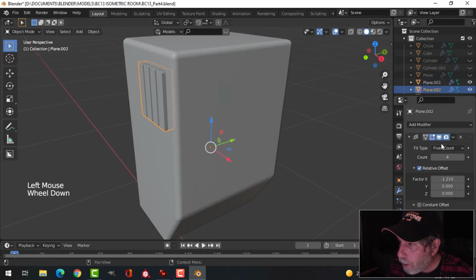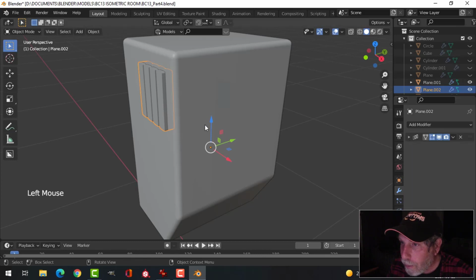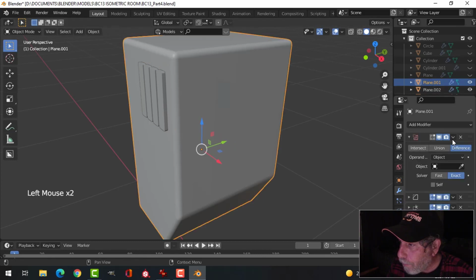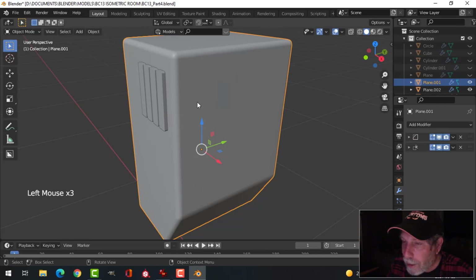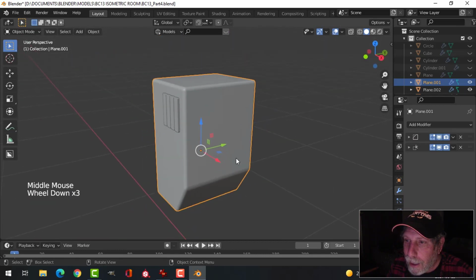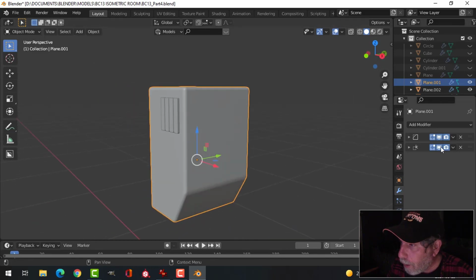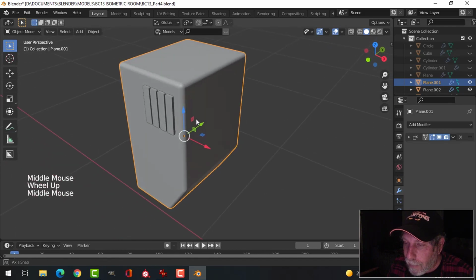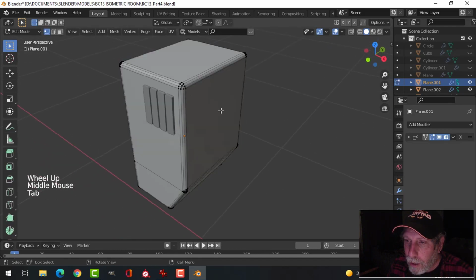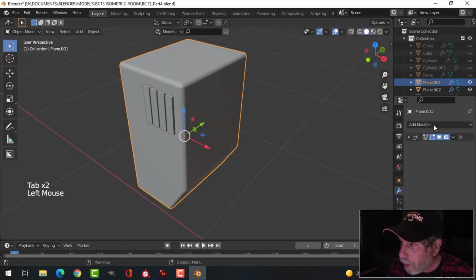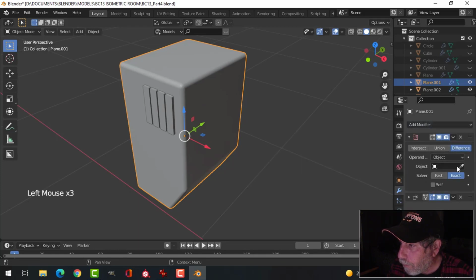And what I think I'm going to do in a case like this, on the body, and I'll get rid of that for now, is I think I'm going to go ahead and apply the bevel to keep it. So I'm going to do that. I'm going to apply that. Now that bevel is in the geometry. Alright, I'm going to go ahead and add my Boolean again. Let's bring it up there. Difference. I'm going to select these and apply,